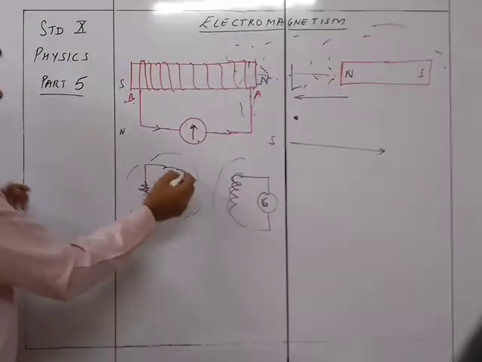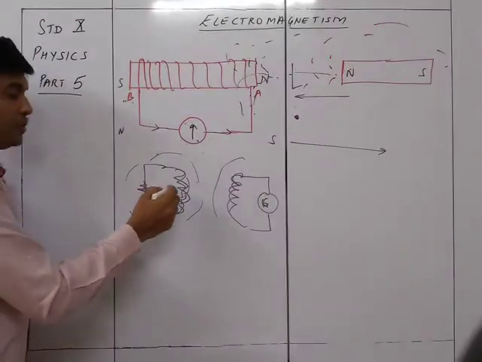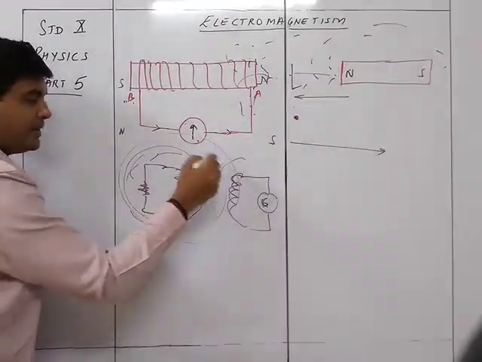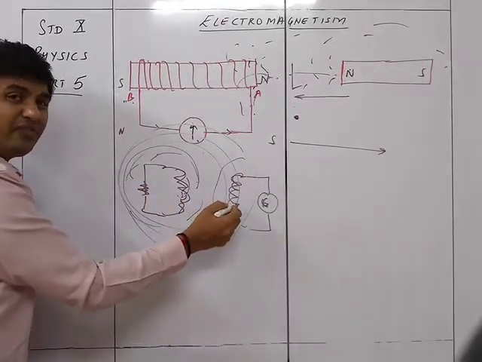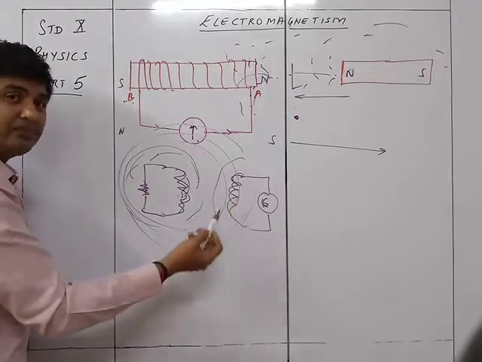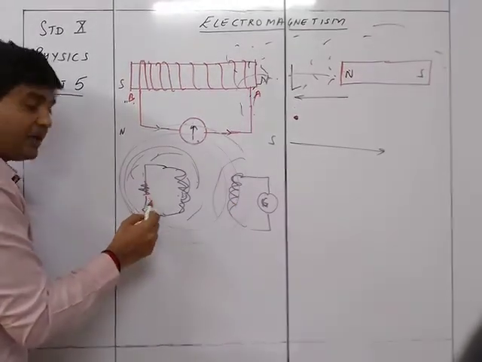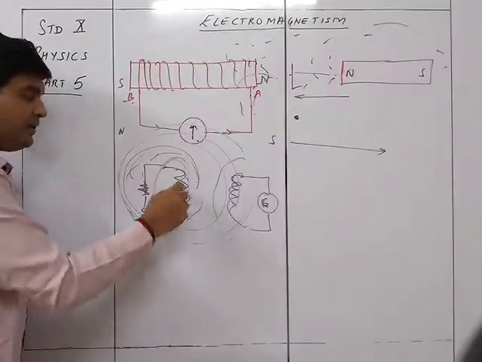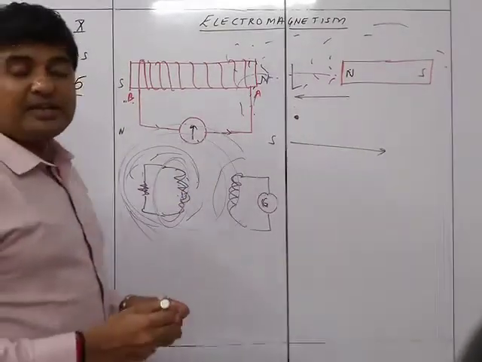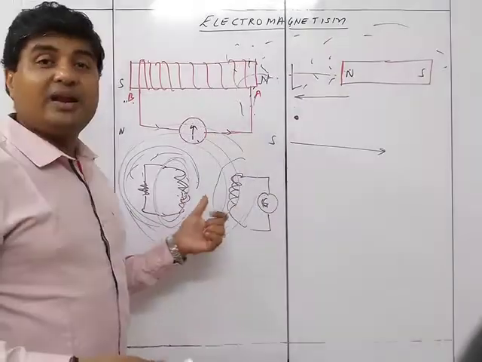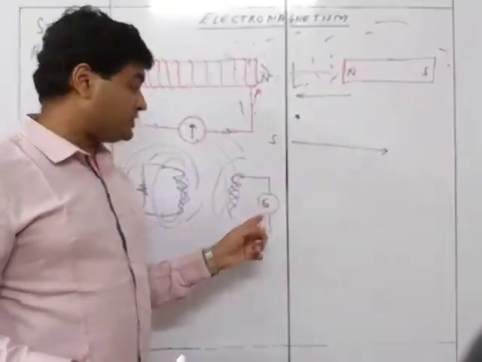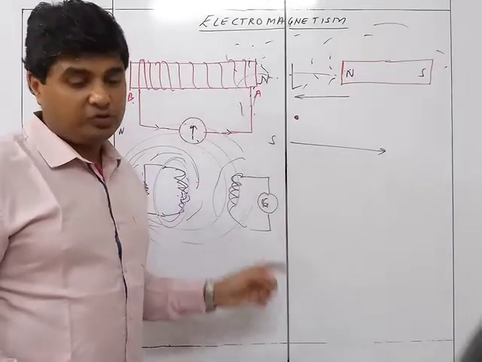See, understand this first: when we kept the current low, the magnetic field lines are only this much. After that, when we increased it, the magnetic field increased this much. So automatically the number of field lines cut by this one keeps on increasing with the increase in the current. If I decrease the current, again it keeps on decreasing. So by the change in the magnetic flux, or change in the current passing through over here, the magnetic field lines are changing, and accordingly there is a change, and hence the current is going to be flowing in this